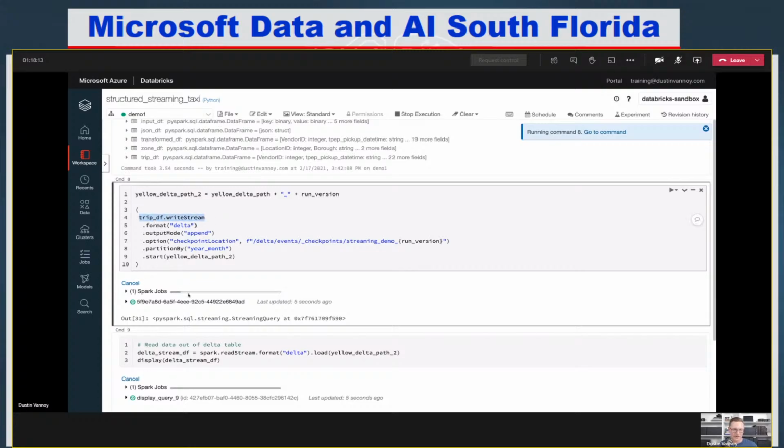So I take my latest data frame, I do a write stream. Delta format means it's going to go to files, and these files are going to be managed with the Delta Lake APIs. Delta Lake is open source, but it's also originally developed primarily by Databricks developers. There's a proprietary version that Databricks offers up. It's got a few special things that just aren't available in the open source. Ultimately, though, what it does is let me write a whole bunch of small files and make sure that as I read and as I write, we're not colliding and getting dirty reads and having other problems that you might see if you're working with normal file systems.